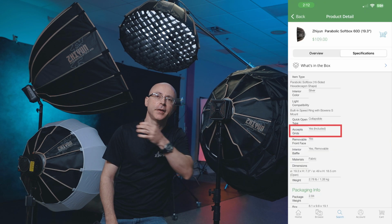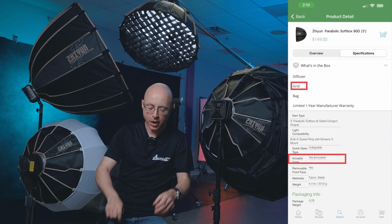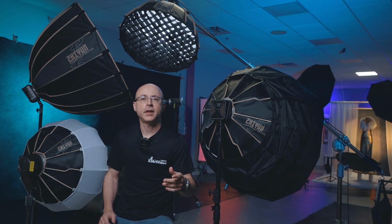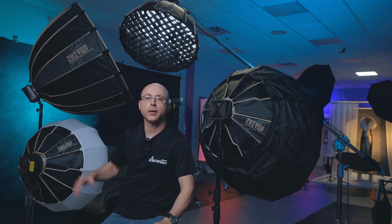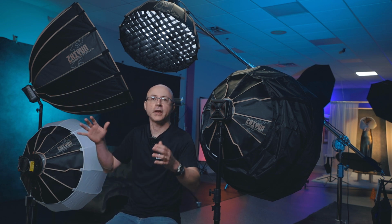And above my head, I have the 60D mini parabolic softbox, and this is the 90D, and they both also come with a pouch, and they both come with a grid as well. And the same exact deal with the parabolic softboxes. With the smaller ones, you want to use a less powerful light, and this one here requires a more powerful light because of the depth of the softbox, since the parabola shape is not a cone, it is actually a C shape,